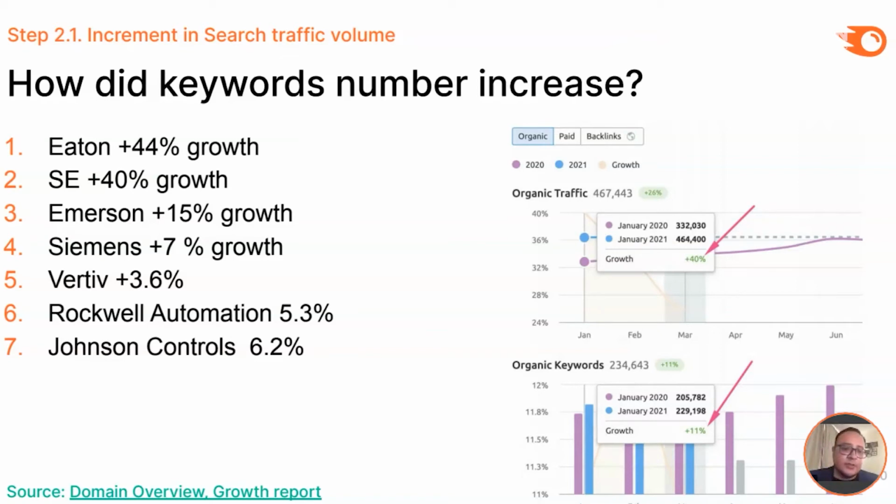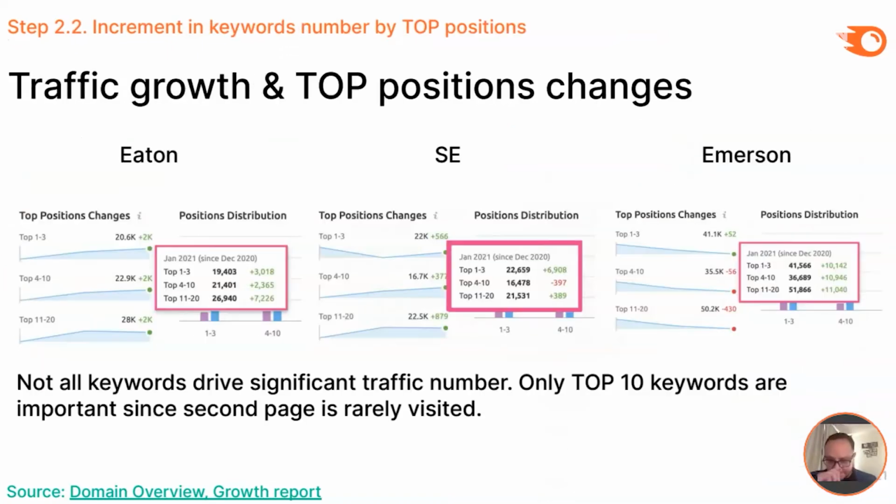You can create really good content, have really brilliant ideas, but if you don't know what your competitors are doing and how they are creating their content, meaning the objective of the content creation, you will be just creating content for the sake of creating content. So it's going to be useless. We use this information also to understand what the traffic growth and top position changes are.